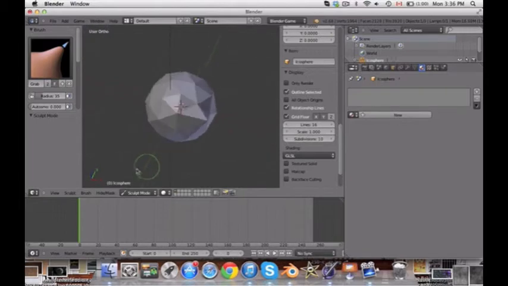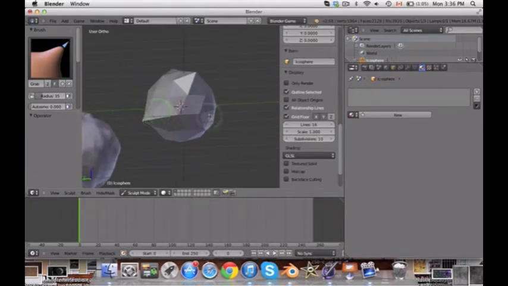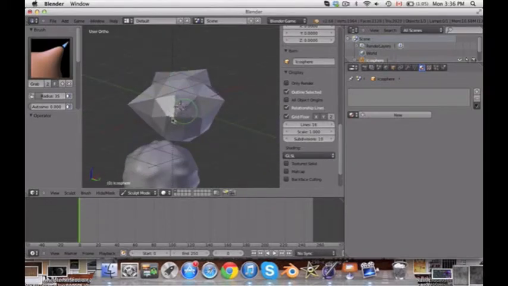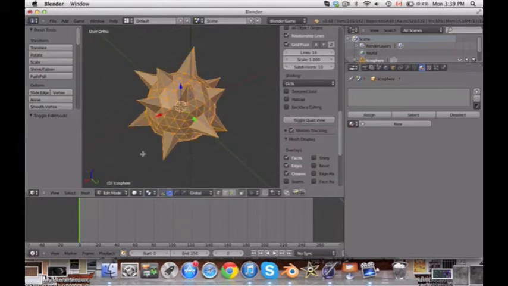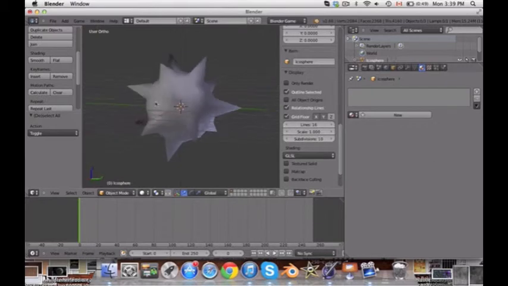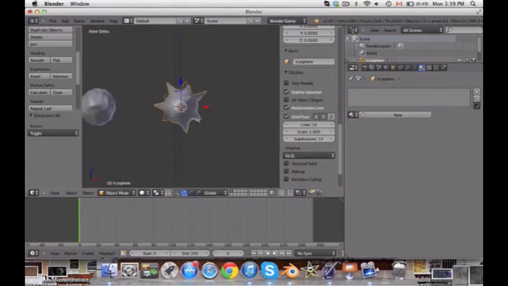I'm going to pull that out. I'm going to just pull them out one by one, like so. There, that's giving it more of a triangular, kind of icicle look, and that's what I was going for. Actually, you know what? Let's try that. Let's just smooth it. Actually, I kind of like that. If that's ice,